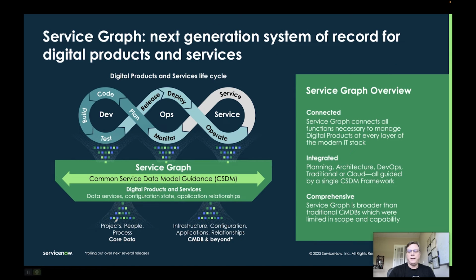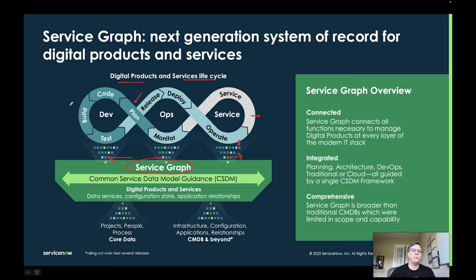So I like to explain to folks what CSDM is in the context of what I call the full digital products and services lifecycle. The idea here is that you'll plan something. It's a product or a service or an app. Obviously, if you do provide an application, it is consumed as a service and managed as CIs in the operations team. And so when you see this name Service Graph, it really pertains to that whole model from end to end. And of course, in that model, you have pre-operational information about what's being deployed or planned, what's being purchased